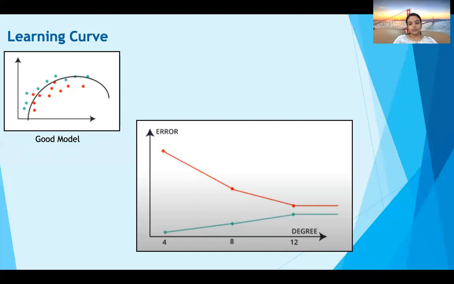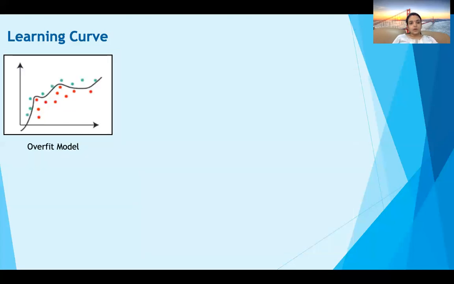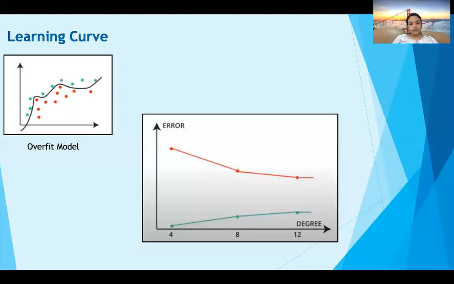Now finally we'll do this for the overfit model also. Let's train with 4 points, and again we can fit the data very perfectly with 4 points. So we'll have a very tiny training error, but the cross validation error will be high. Now again we'll increase the number of points to 8. We can see slightly larger training error because this model tries to fit the training data perfectly, and the cross validation error will decrease slightly.